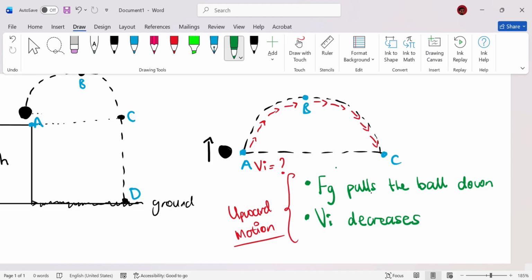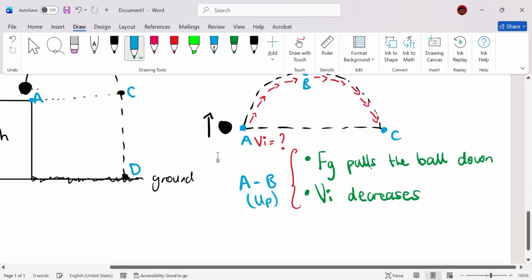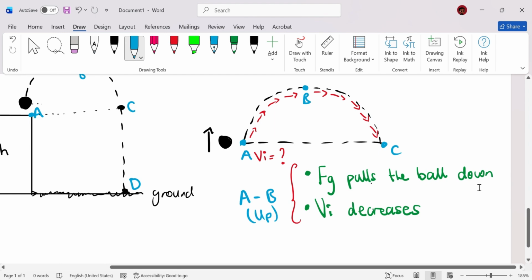Say that my ball started, okay, I'll get to that point. Let me be specific, not just upward motion, as I used with my letters. So at this portion here, from A to B, the ball moves upwards, right? That's from point A to point B. The ball moves upwards. As the ball is moving upwards, gravitational force pulls it down, and the initial velocity decreases,